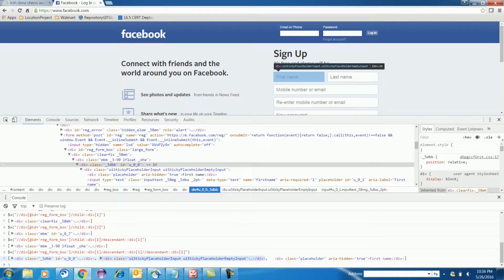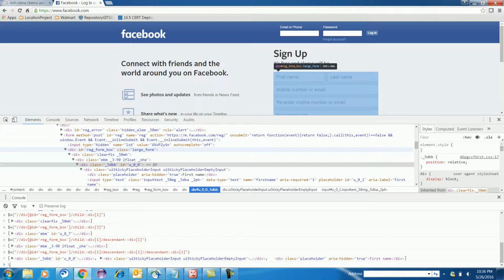So today I spoke about how to use the child, what is the benefit of child, and what is the use of descendant, right? Here you can see that after this registration form, I am not using any XPath. No class, no ID. Only through child and descendant I am able to identify. Okay, only through child element I am able to identify. Similarly, if I have to identify last name, it's very simple.